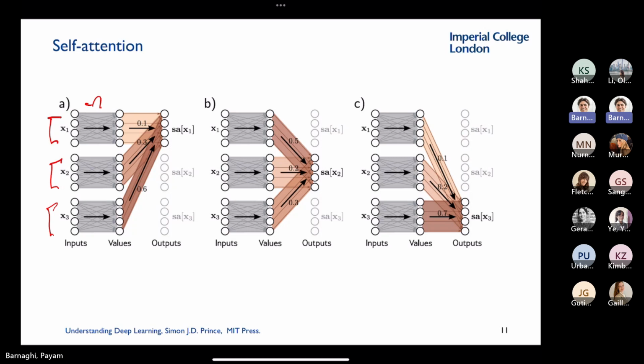Is X1 a single word embedding? It's a single word embedding. X1 is a single word embedding. And I'll get to the embedding at some point when I progress. For now, imagine each word is represented as a vector. How we represent a word as a vector, I'll explain it. And if you work with images, or with behavioral data of the type we collect, you have the luxury of your data already coming as a vector. If you work in natural language, or if you're taking genomic sequences, your data is not actually a vector. You do some embedding, and I'll talk about the embedding. And embedding is an important part of all these large language models.